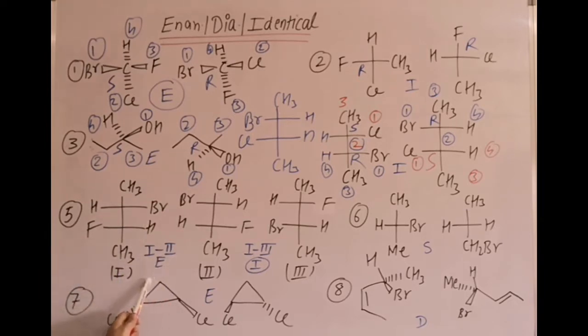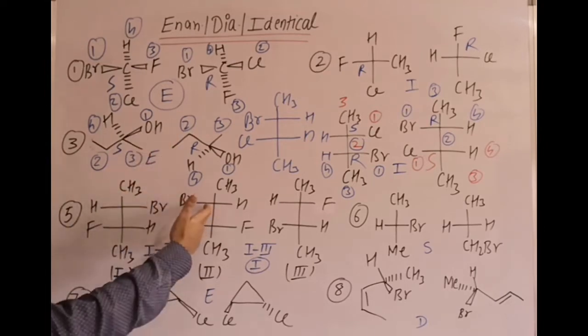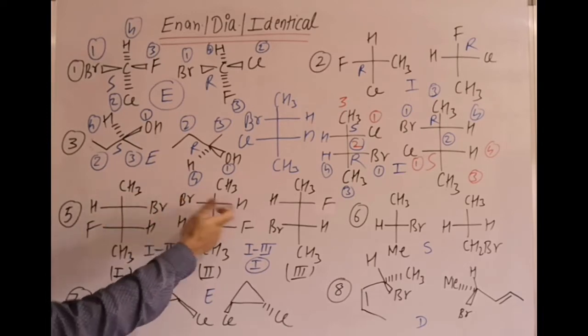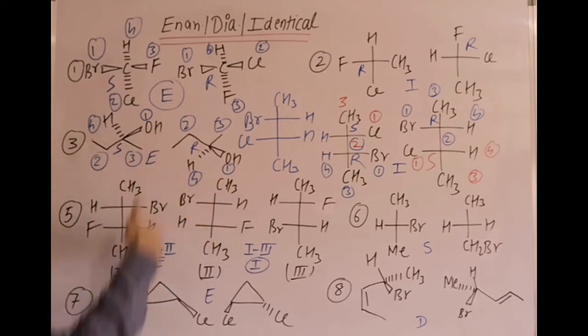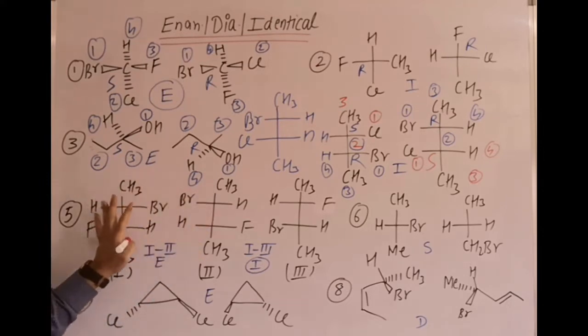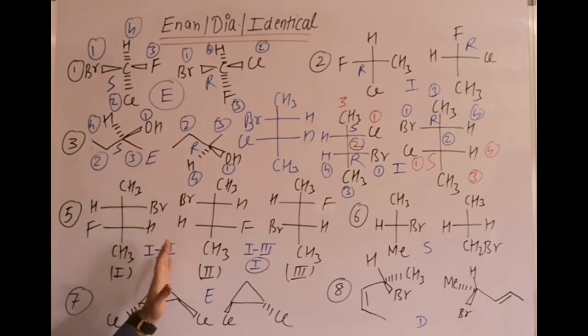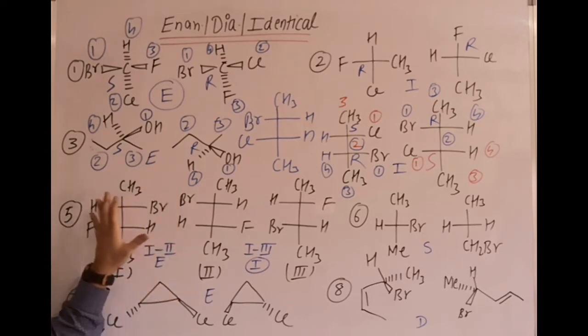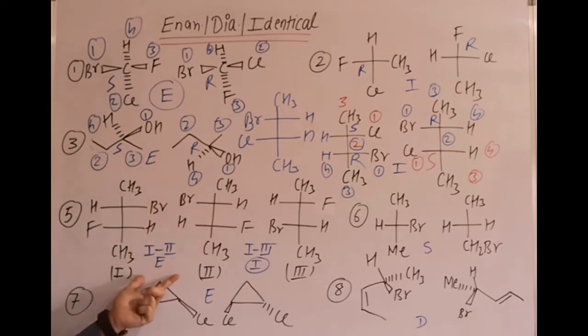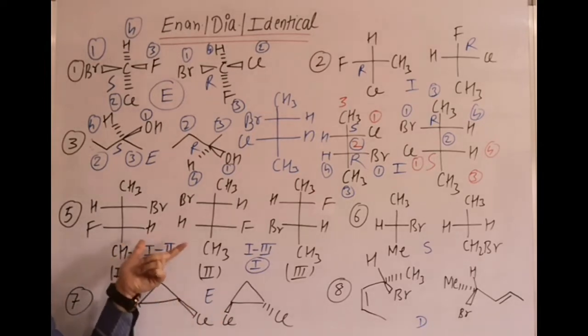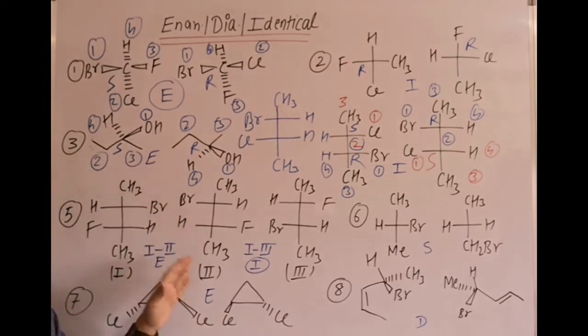First and second, they are enantiomers. You can even see that by the one which has the same stereo centers. These are chiral centers, Br, H, CH3. First and second, they are exactly mirror images of each other, but non-superimposable. So by RS also you will get it, or by normally considering the definition of enantiomer, these two molecules are mirror images but non-superimposable. So they are enantiomers. So in this example, by simply considering the mirror image, you are getting the answer and it will save your time. So it all depends how the options are given in the exam.